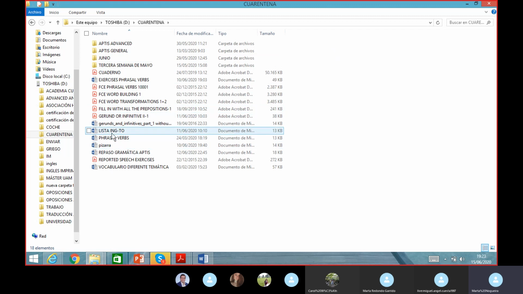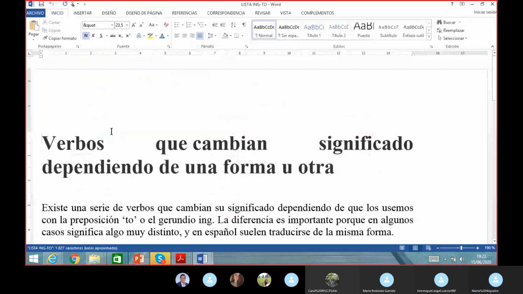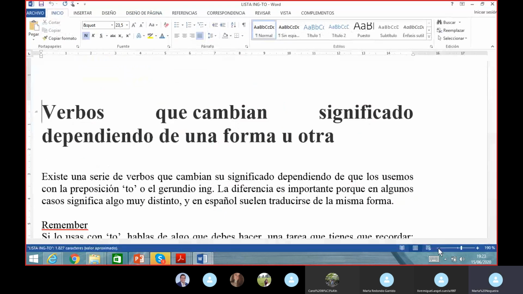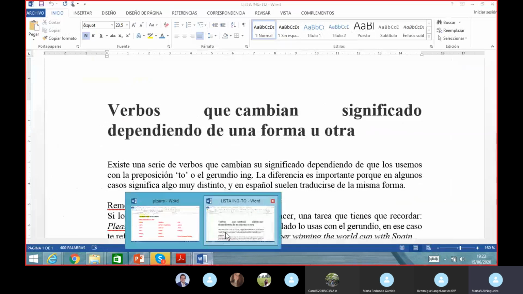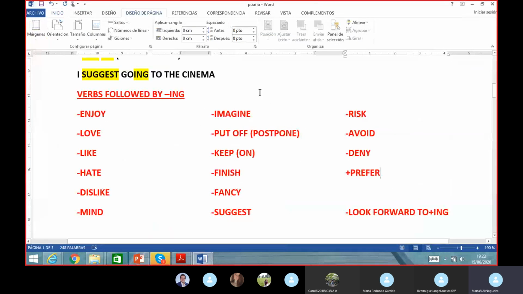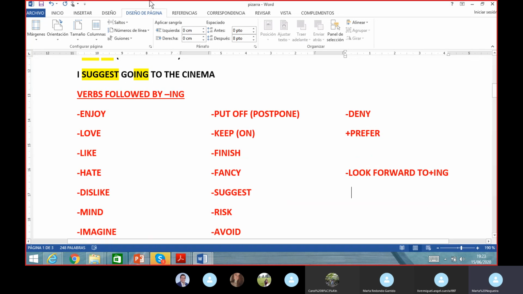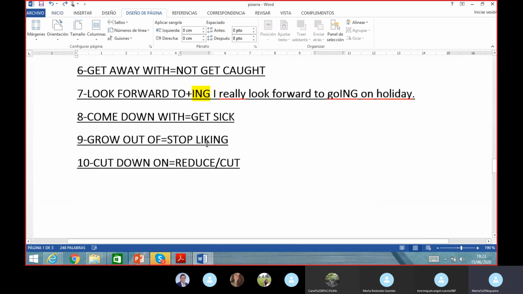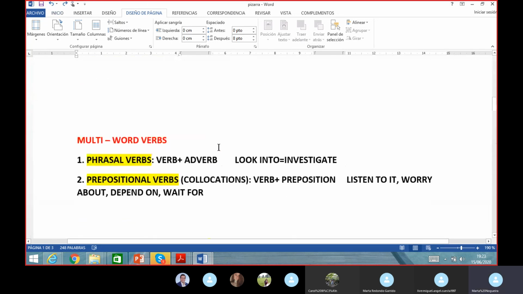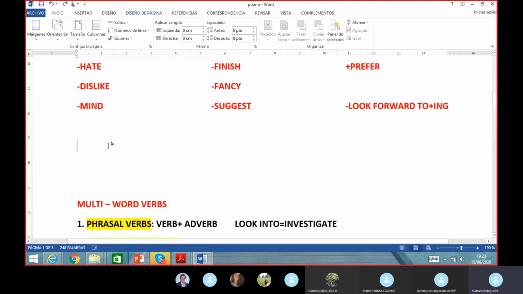Entonces, el próximo día, ah, vale, os tengo que pasar esto. Nada, explico esto y el próximo día podemos seguir añadiendo algún verbo. Haremos una ficha de esto, ¿vale? Pero quiero que tengáis en cuenta